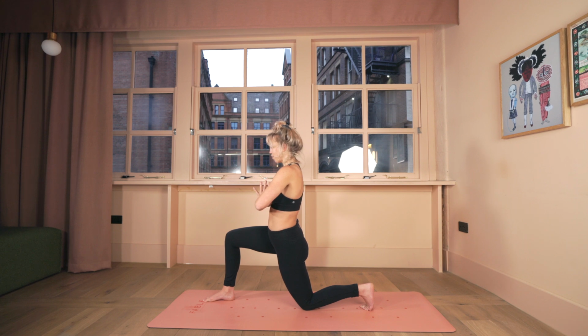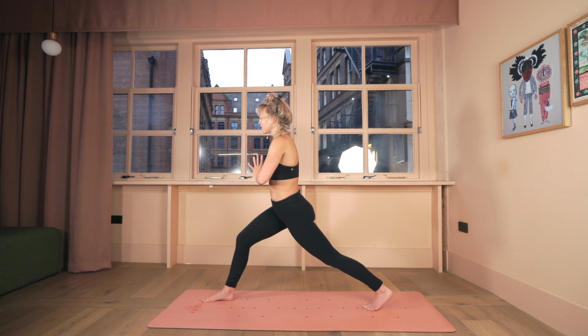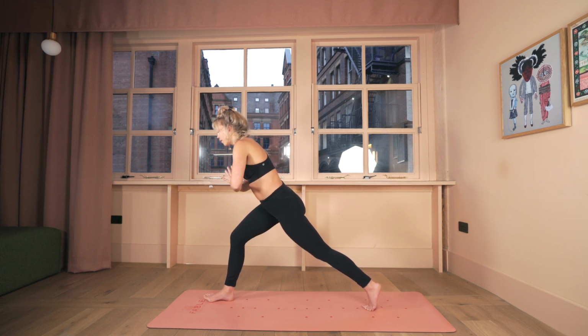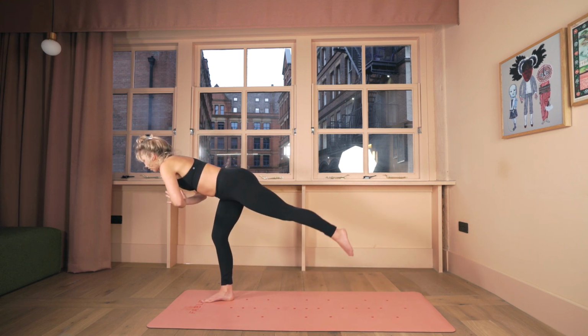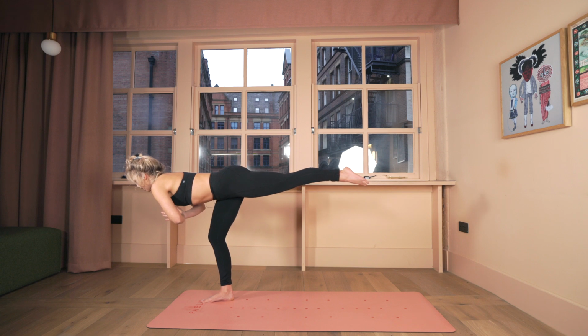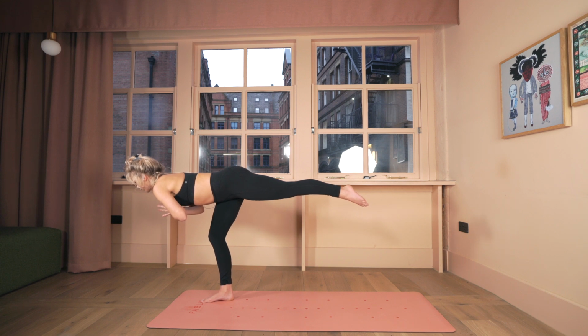So go ahead and lift up your left knee off the ground. So we lift the legs into a high lunge, and then you're going to start to tilt your weight forward. So begin to come light on the back toes as the weight anchors into the right foot, and then float the left toes up off the ground. Warrior 3 position. So you want to bring your left heel in line with your hips and your hips in line with your shoulders. Keep your hands at the center of the chest, coming back to that mudra, let it